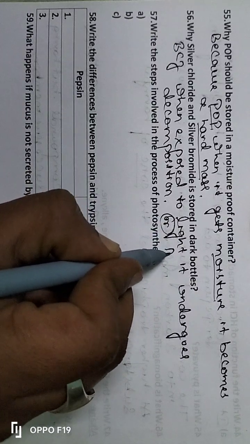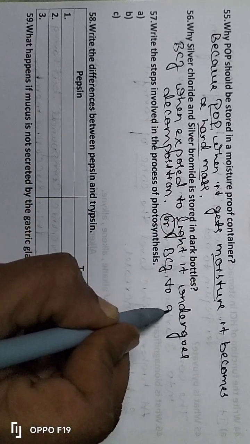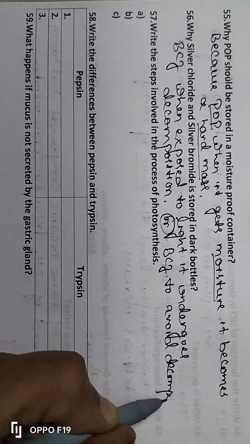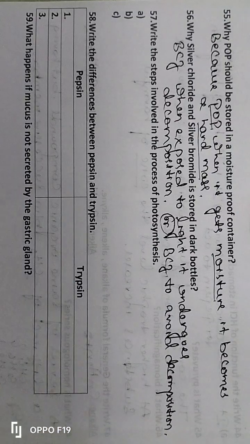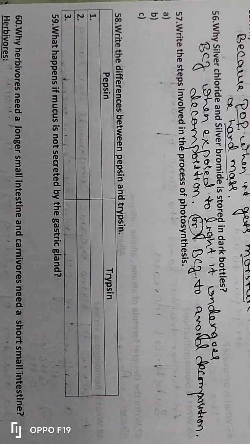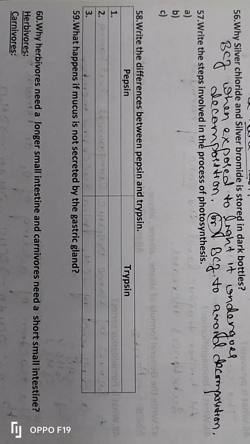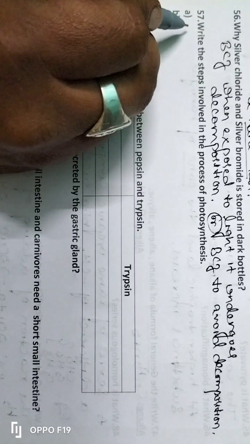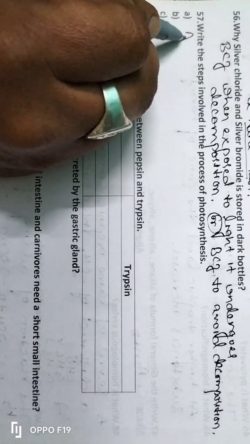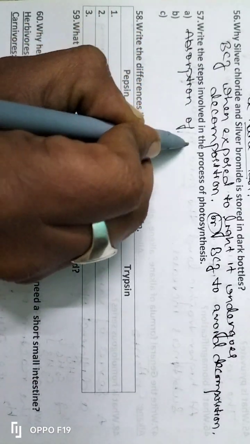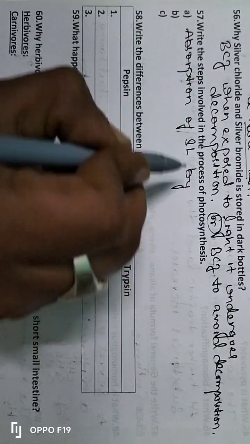Or you can write your answer like this also: because to avoid the decomposition reaction, it is kept in dark bottles. So this is the answer for 56th question. Then coming to 57th question. Next, let us go for 57th question. Write the steps involved in the process of photosynthesis. The first step is absorption of sunlight by